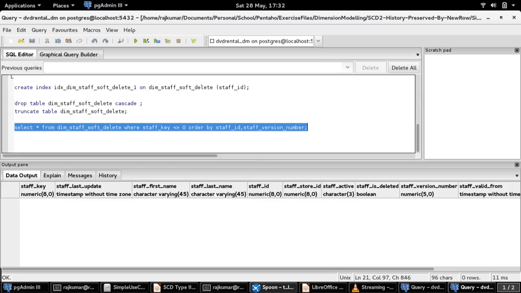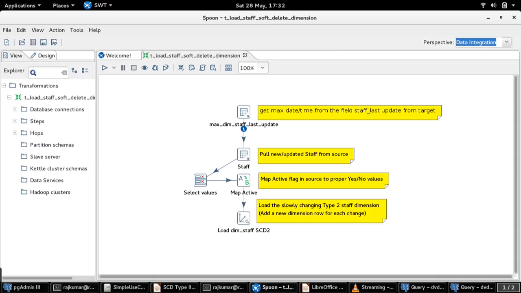So let's see what is the transformation involved for this demo. I'm not going to cover more details on this transformation because it is pretty much the same as that covered in my earlier demo on simple use case part 1.